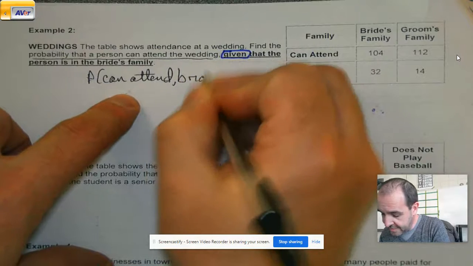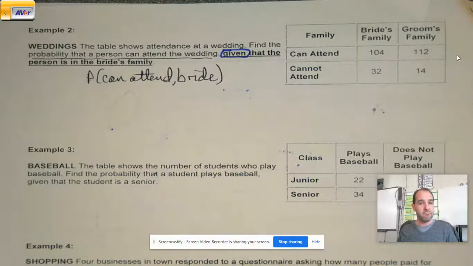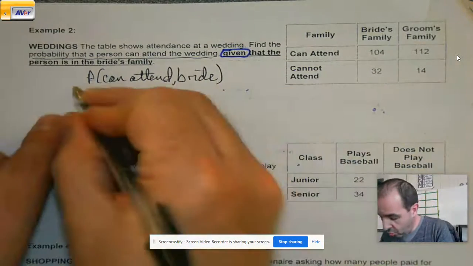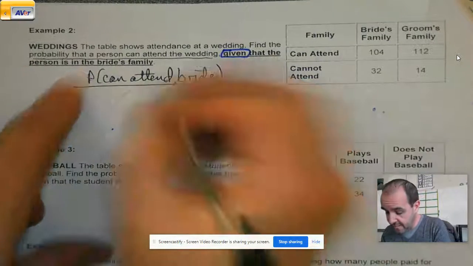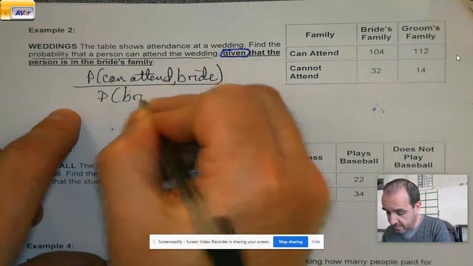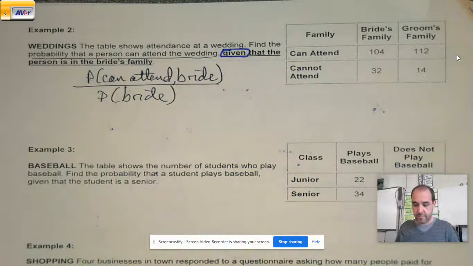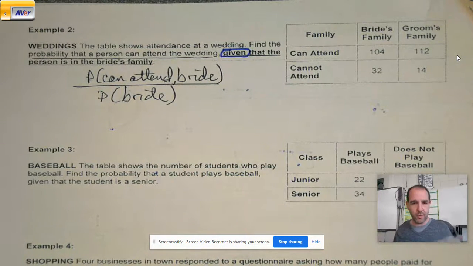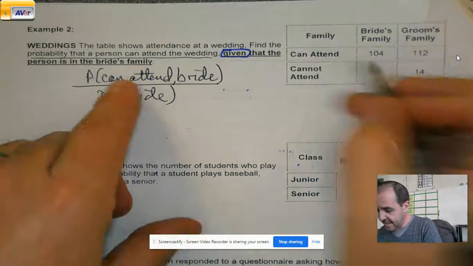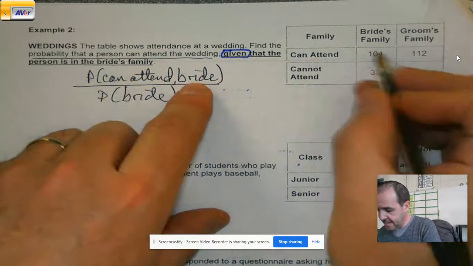So given that they can attend and are on the bride's side over just what's after given, probability of the bride's side. Your table. Can you get the information straight from the table, or are we going to have to mess with something? Can attend, okay. Bride side,